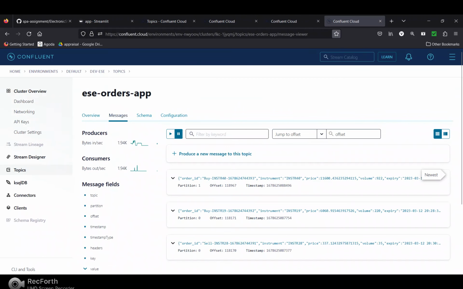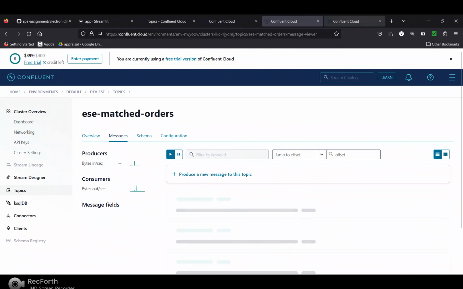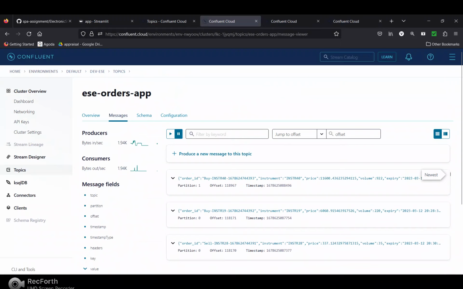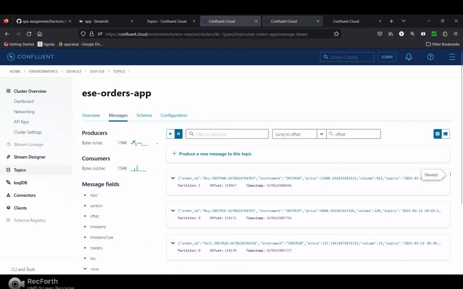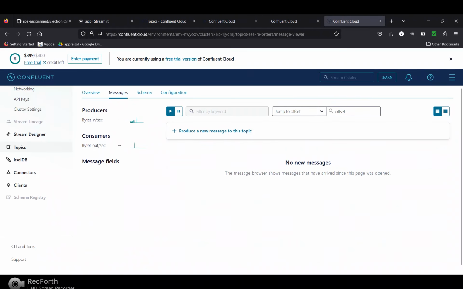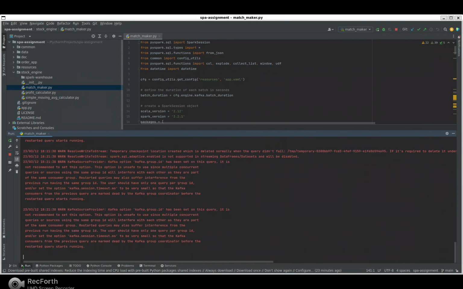Currently the reorders messages are null, and the matched order messages are also null. No new messages. We have run that application,